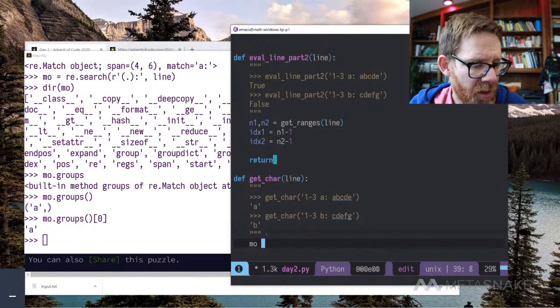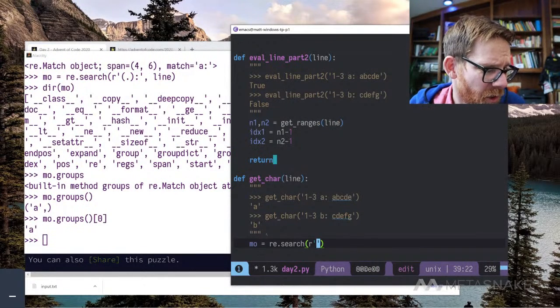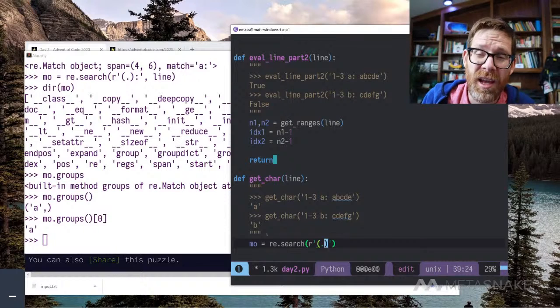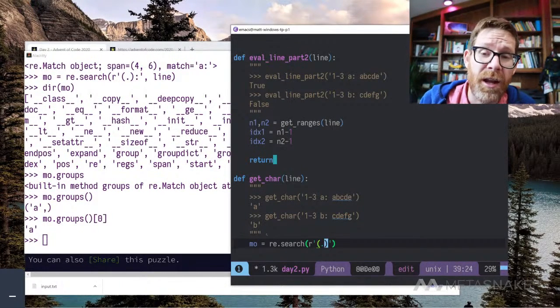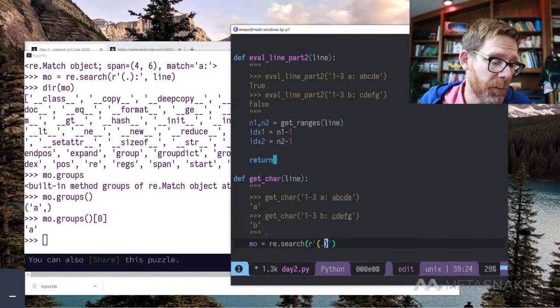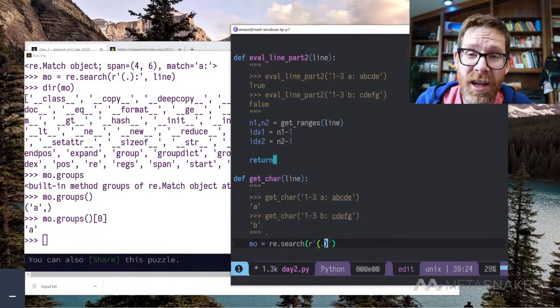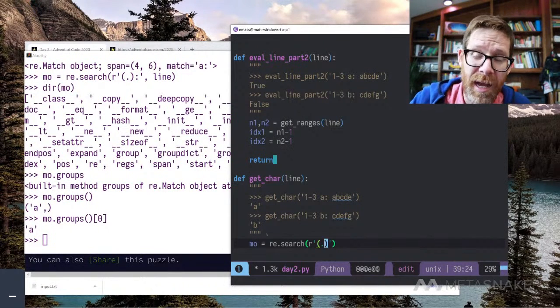So I'm going to say the match object is equal to re.search. I'm going to pass in a raw string. Always use raw strings for regular expressions. If you're not familiar with a raw string, it treats a backslash as a backslash character rather than an escape character. We use that because backslash is an escape character in regular expressions as well. So if you want to match a backslash, it's kind of annoying because you have to type backslash 4 times in a normal Python string to escape the backslash,